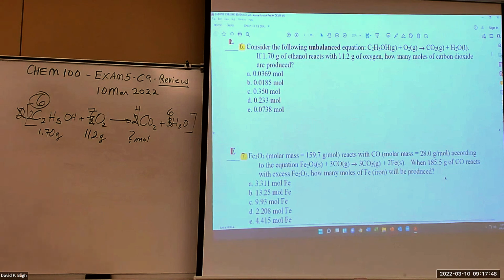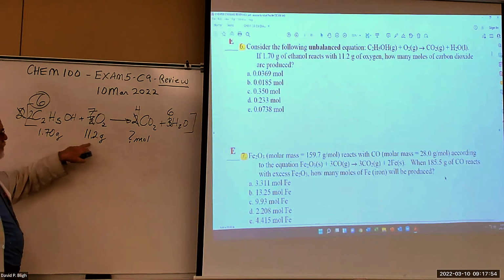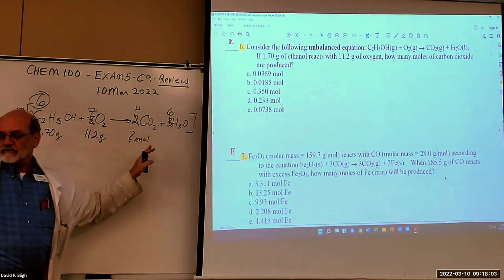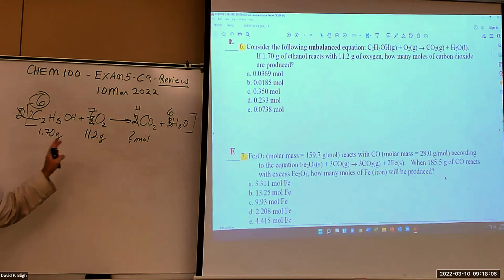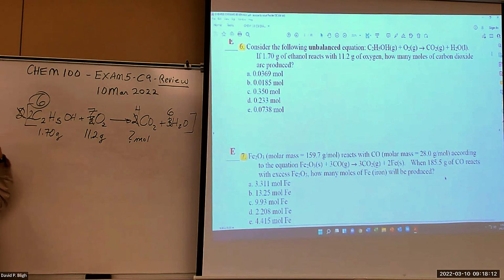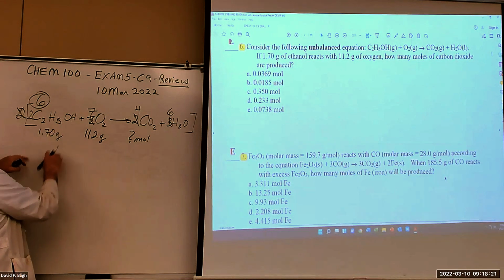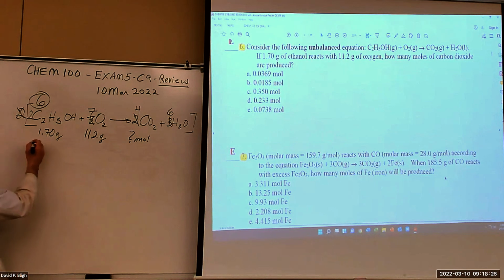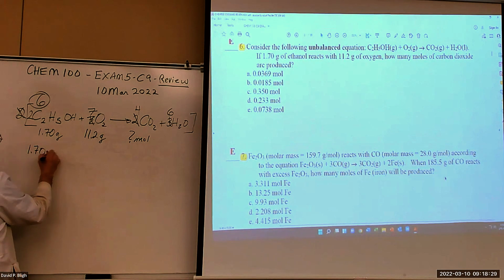This is a limiting reactant problem. We've got two fixed values here, given values for both of the reactants. One of them is going to run out first. So remember, the only way we can go from here to there is make moles. You can't go there with grams. The balanced equation doesn't intrinsically say anything about mass. It's talking about numbers, moles, moles, moles, moles. So we need a molar mass for ethanol in order to convert 1.7 grams